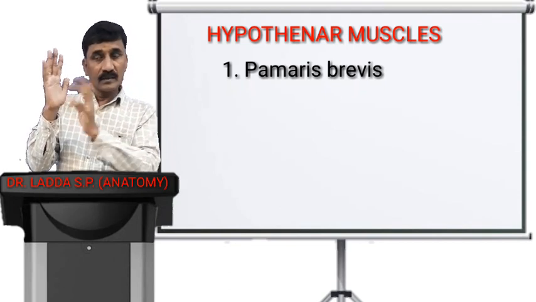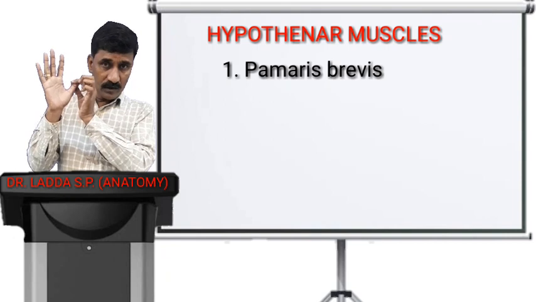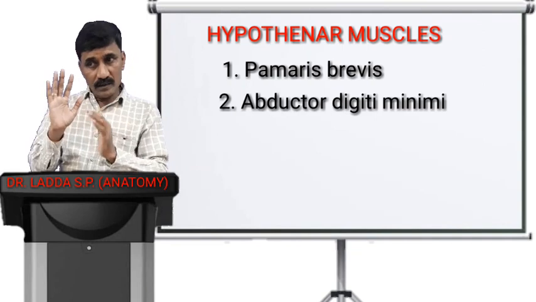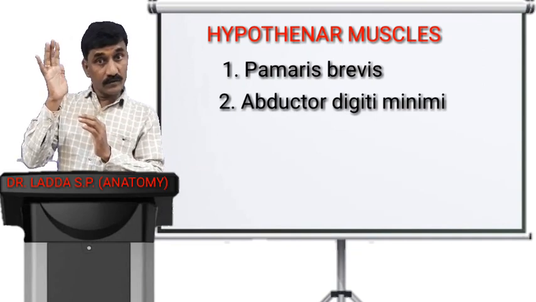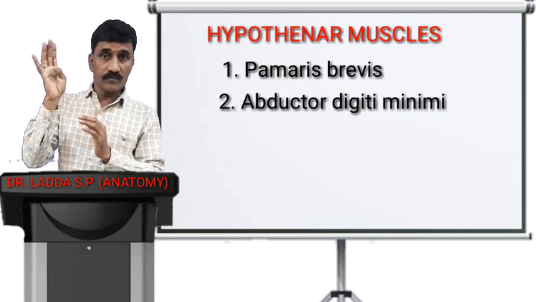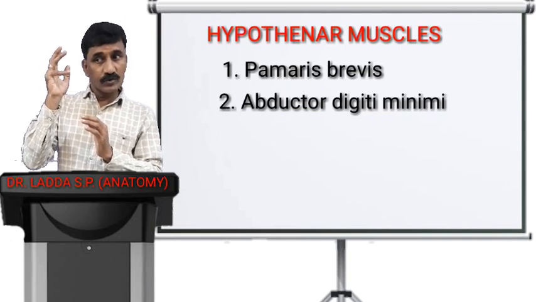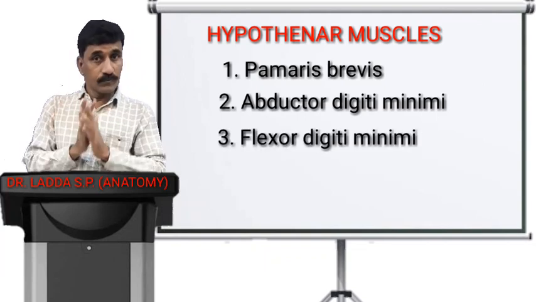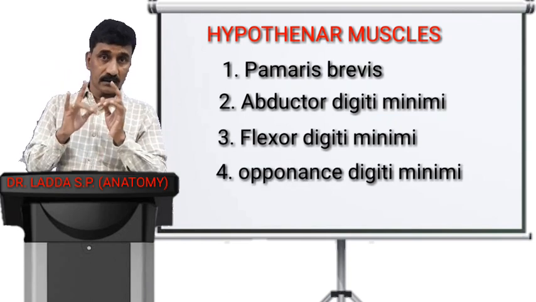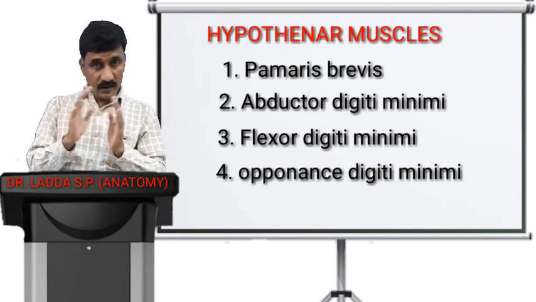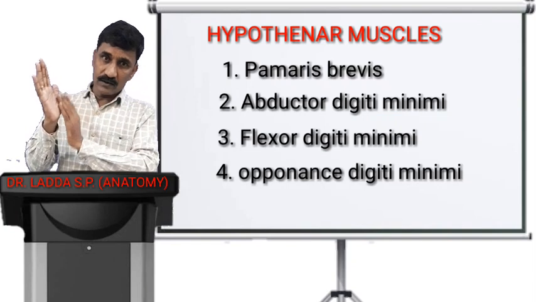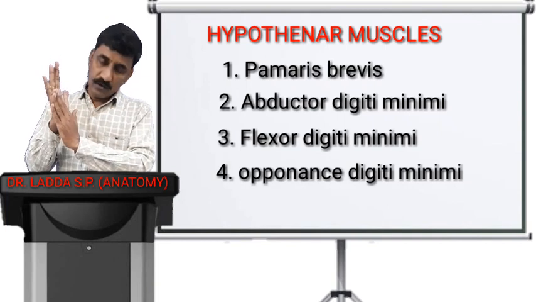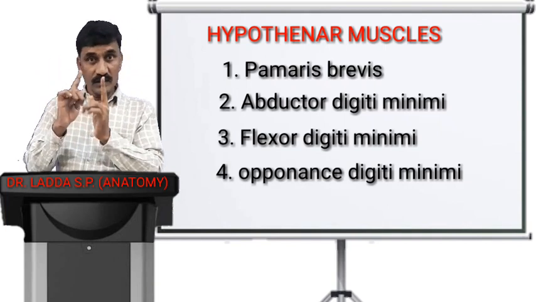Number second muscle, in the same sense as abduction of the thumb, here is the abduction of the little finger, abductor digiti minimi. Number third, there was flexion of your thumb; here is the flexion of the little finger, flexor digiti minimi. And fourth, there is opponens pollicis; here is opponens digiti minimi. So these are the muscles. Three toward this side, one more addition, total four, and actually four toward the hypothenar side. So these are the muscles of thenar and hypothenar.